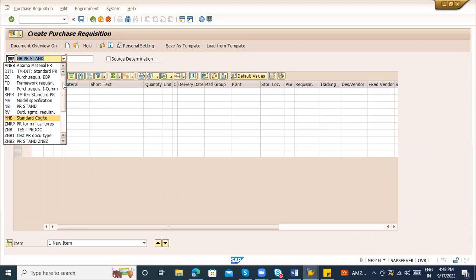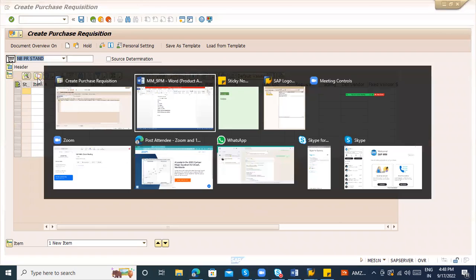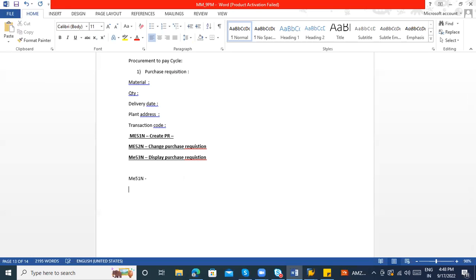Based on the document type, I can see that this purchase requisition number was created especially for direct consumption. Some cost centers need this requirement. So you can create any number of document types based on your requirement. For practicing purposes we have the standard document type. You can use the NB document type, which is the standard